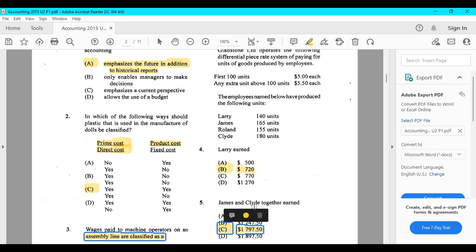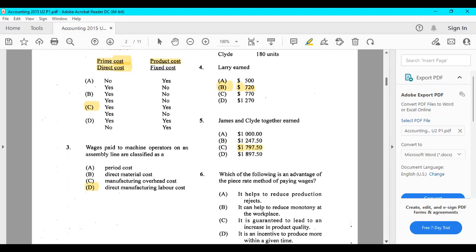Yes, you have to work it out, do enough working. This thing is fighting against me. Yeah, you see that though? I can't even highlight the answer properly. See there, it's C. All right, moving on.